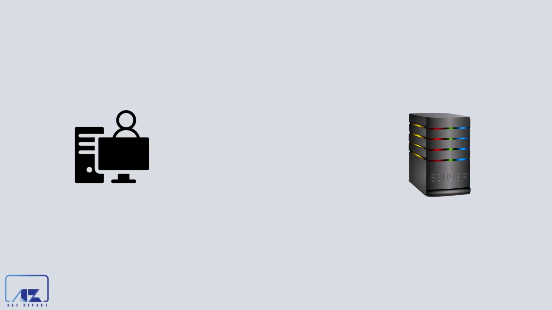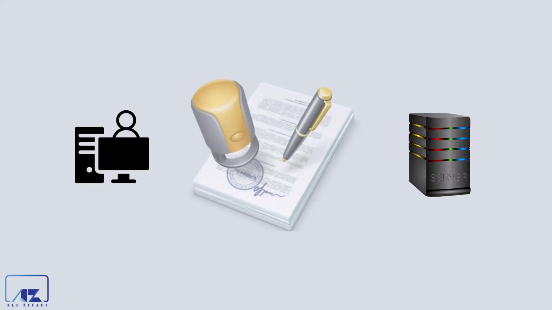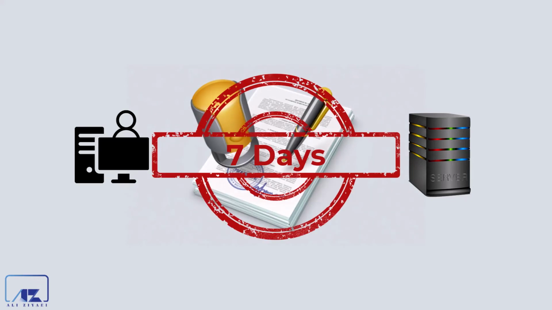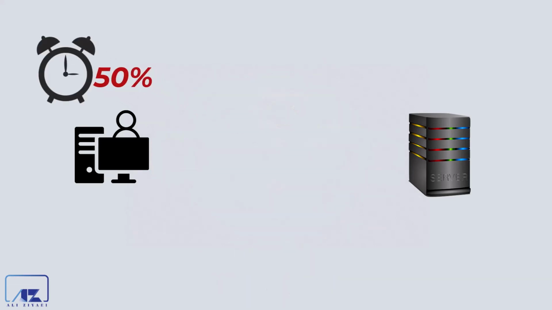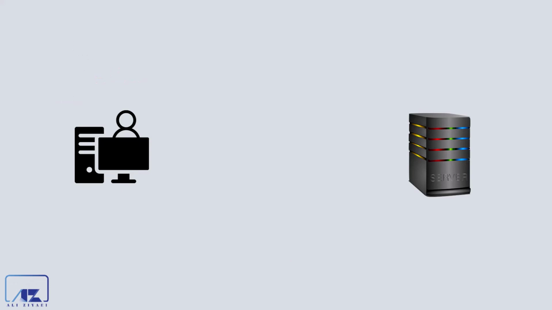By default, when you set up your DHCP server, when they lease an IP address to a DHCP client, they allow the client to keep the IP address for 7 days. That's the lease period. When the DHCP lease reaches 50% of the lease time, the client automatically attempts to renew the lease. This process occurs in the background. User will not be notified. It is possible for a computer to keep the same IP address leased from the same DHCP server for a long time. This is because the computer renews the lease multiple times.